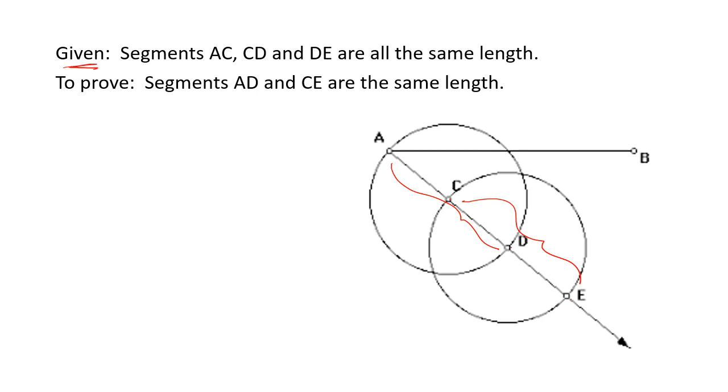So I know this much is true. There's three line segments, AC, CD, DE, and they're all the same length. And a lot of times we'll be given a figure so we can see how they all relate to each other. And this is important because we can see that A, C, D, and E are all in the same ray. So they're all collinear. And then we've got here a statement that we want to prove. We want to show that this length is the same as this length. We're going to do some very basic proofs in this class, and the manner in which we'll talk about a little bit more as we get closer to them.